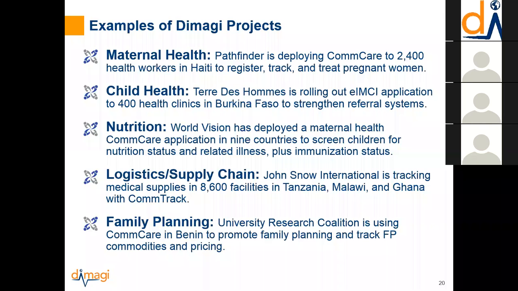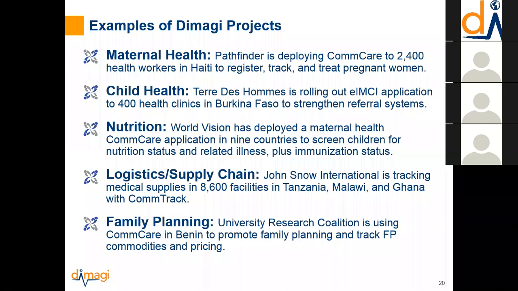Nutrition: World Vision has deployed a maternal health ComCare application, the CMAM app, in 9 countries to screen children for nutrition status and related illnesses, plus immunization. And I believe they're rolling out to a few more right now, so that number is going to increase. And then for logistics and supply chain, there's ComCare for Logistics, also known as ComTrack, but it's kind of being rebranded right now,